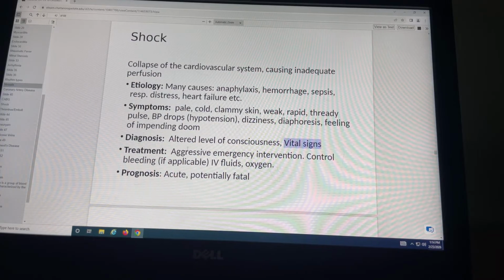Treatment-wise, again, like I said, this is going to be an aggressive emergency intervention, so it's going to be 911, hospital, ICU, all that. If it's caused by excessive bleeding, hemorrhaging, then you're going to stop the bleeding and give blood, right? If it's sepsis, you're going to give IV antibiotics. So you're going to treat the underlying issue, right? But first things first, you want to fix the pressure problem, so giving them fluids, maybe blood if applicable, oxygen,